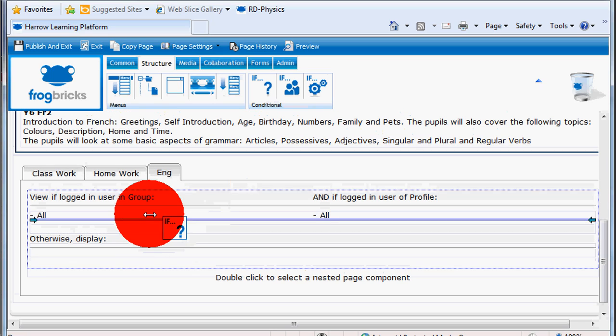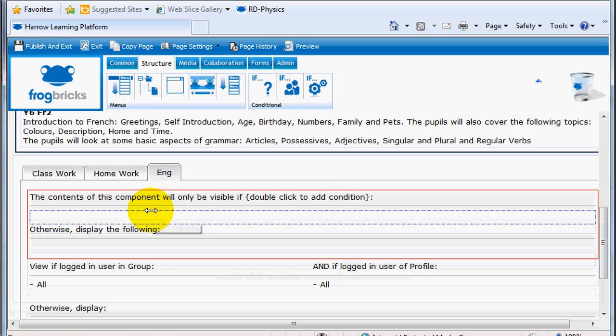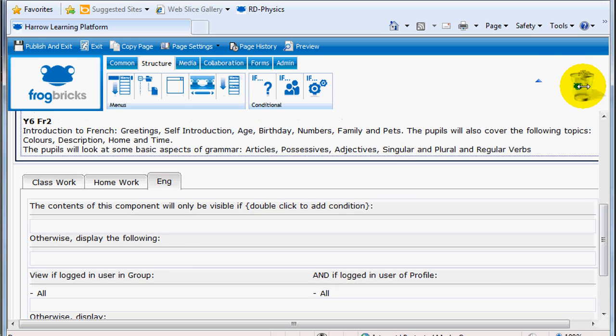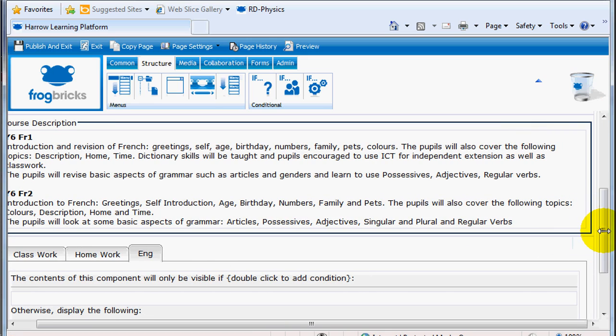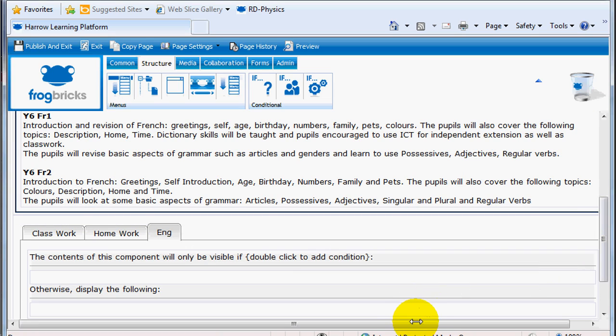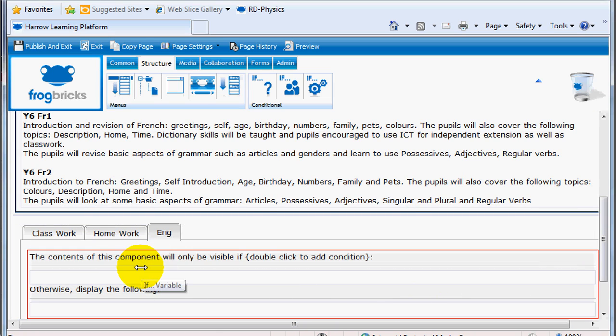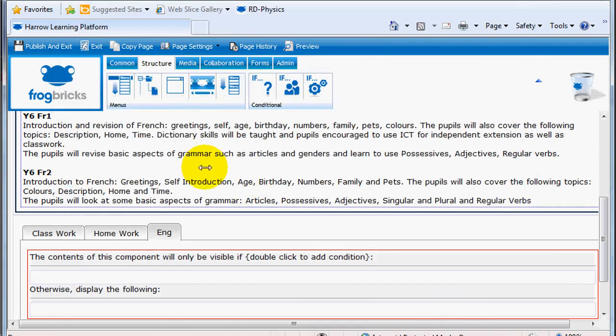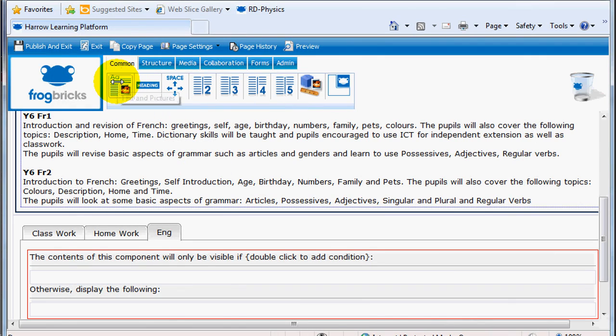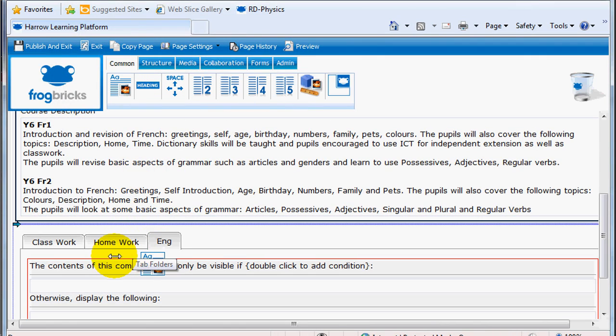If variable, let's go for if variable instead. Drag that down, get rid of the original one. Okay, so I've now got an if variable in here. Let's see if this will work. Double click on that, condition, field name. Now there's a list of field names which I will often forget, so I need to go back and check on that again. But to check the field names, get text and pictures,